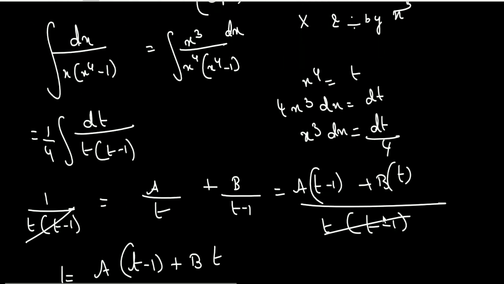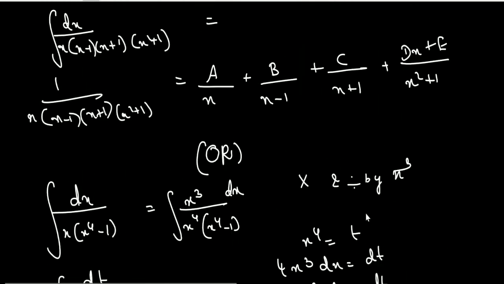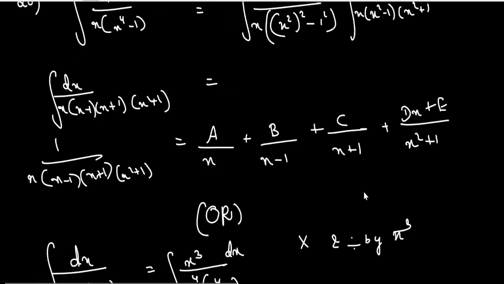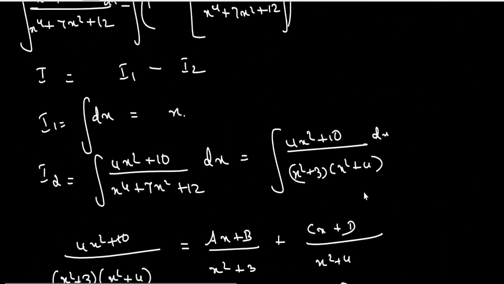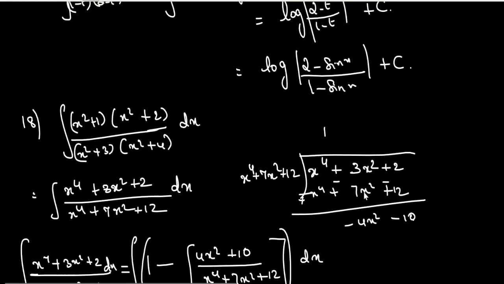So if you use substitution method, you know how simple it is. So think and do it. Even the previous sum, you can take x square as t. The same sum you can also take here itself. Put x square as t. So it becomes t plus 1, t plus 2, t plus 3, t plus 4. But again you have to divide because it is not a proper fraction.